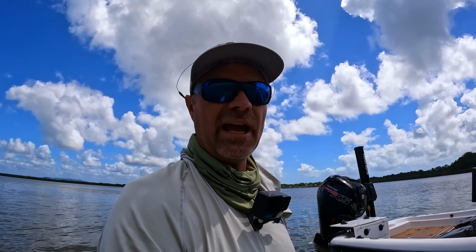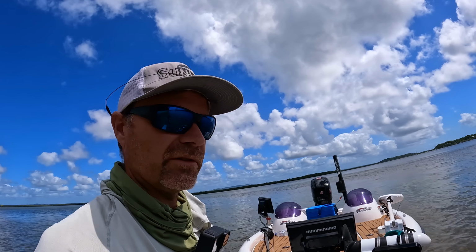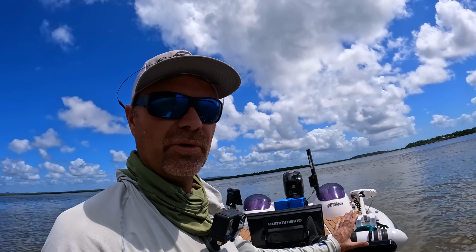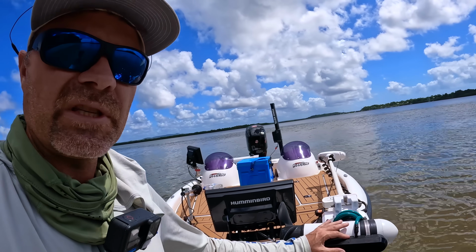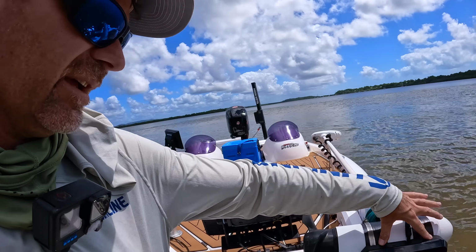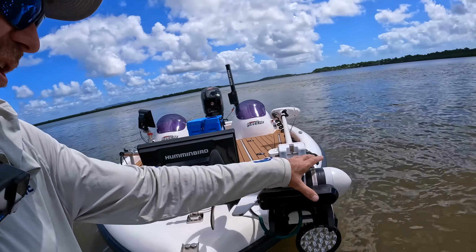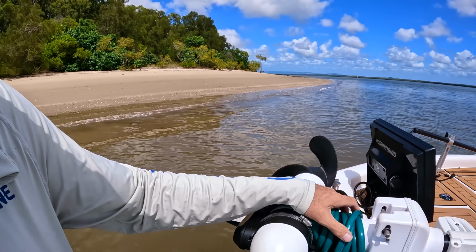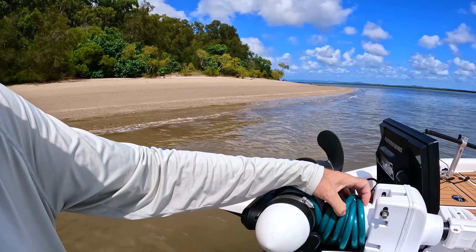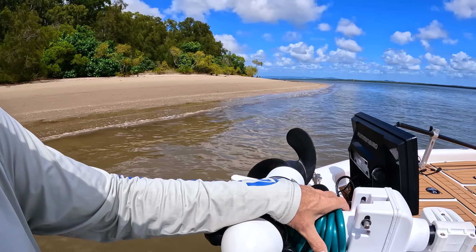I'll give you a quick look on how we set that up. My mate Damien Hinks from Pro Torque Marine Electrical put me onto this technique of putting the side scan on the electric. Now BLA do a specific mount that you can buy to put that on there with 2 big oversized zip ties to hold that on, and then we basically get an air hose or a garden type Corley hose, cut a slit all the way around,